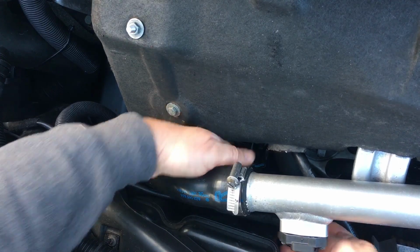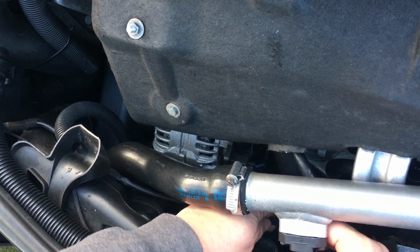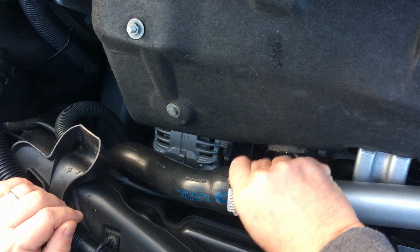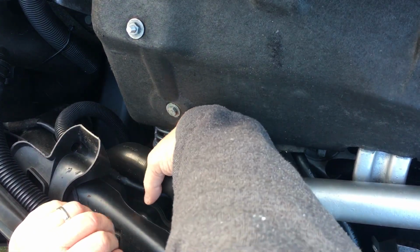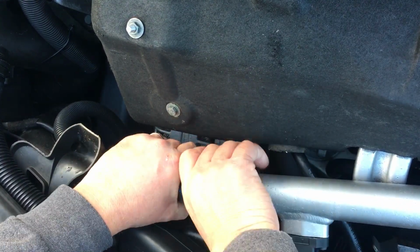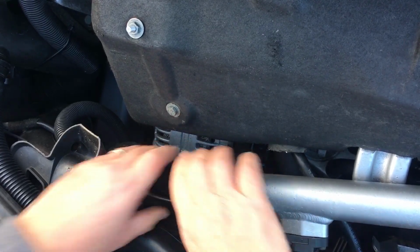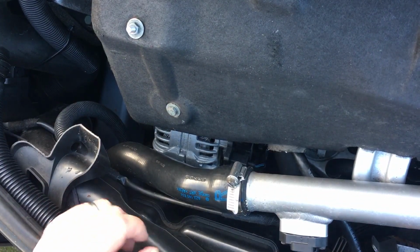So folks, I think long term that actually needs to go somewhere like here, because that all moves about. So I might actually tie that to that. I think that needs a cable tie on there of some description. That would stop that vibration. So I'm going to cable tie that for the long term to there when I get a cable tie. So going back inside the car,